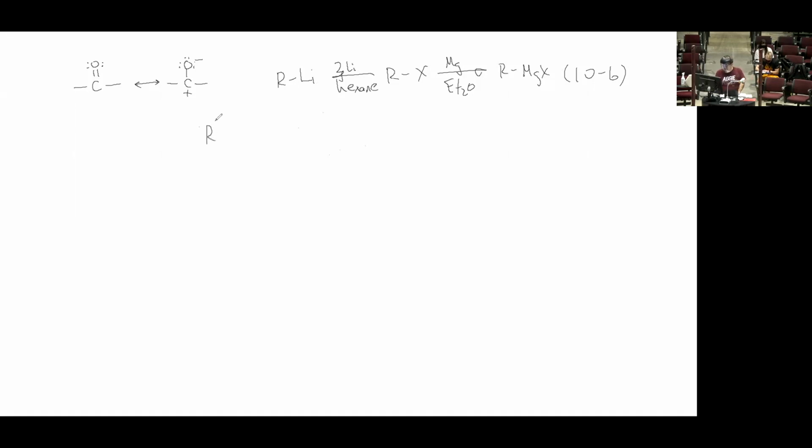In any case, the reactivity of these two species is interchangeable. But we only learned that they could be protonated with protic species. These two types of species also both react with carbonyl compounds of any type. And we'll do the general forms first. I want to get down the generalizations, if you will, and then we'll look at some specific examples. First of all, if you took an aldehyde or a ketone,